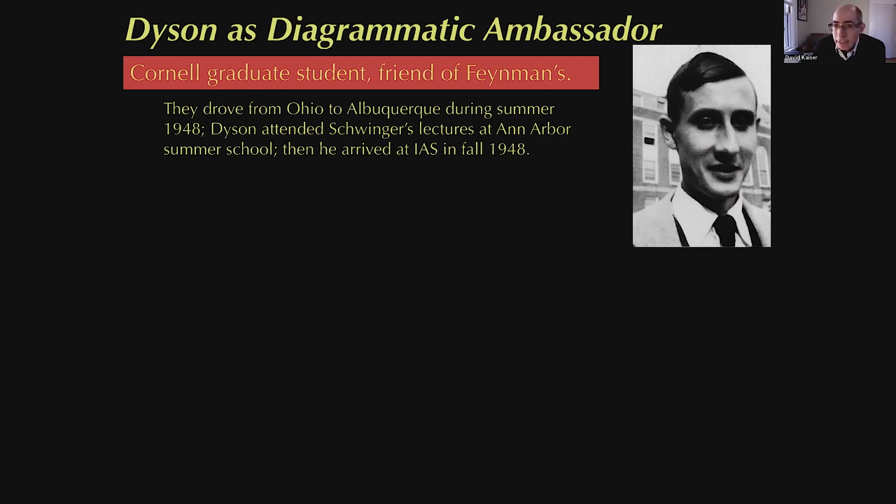So at this point, by the end of the summer of 1948, Freeman Dyson was the only person in the universe who had spent extensive, close, informal, personal time with both Richard Feynman and Julian Schwinger, just at the time they were each working on their separate and very different looking approaches to quantum field theory and renormalization. Then he takes this now famous bus ride back from Michigan back to the East Coast, where he was going to start for the second year of his fellowship at the Institute for Advanced Study in Princeton.